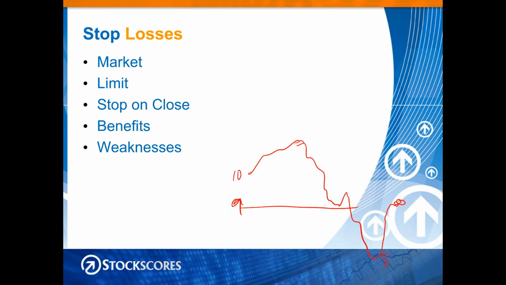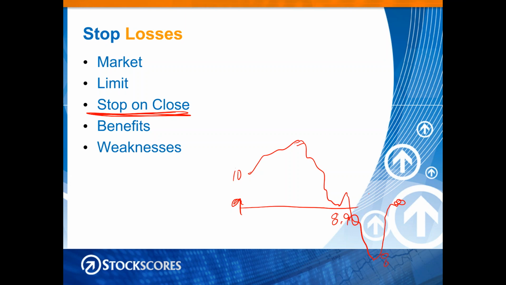And so there I think using limit orders is okay, because usually what we do is something called stop on close. Now, the most common question I get is, Tyler, my broker doesn't offer stop on close limit or stop losses. That's because no broker does. This is a concept, not a type of order. A stop on close order is something that you manually do. If you bought your stock at 10 and it closes at 8.90 one day, and in your evening work you take a few minutes each evening to check your stocks and you find that your stock closed at 8.90, then the next day you're going to manually sell it at whatever the prevailing price is that morning.